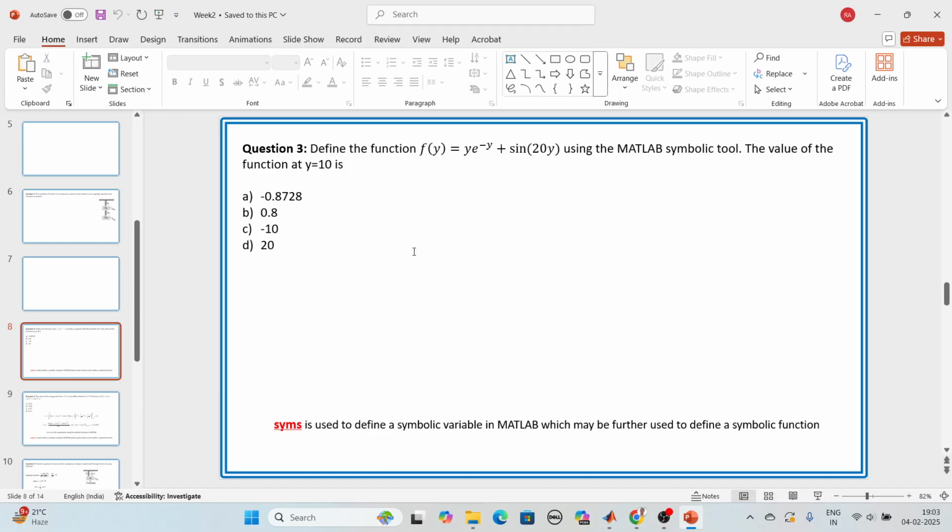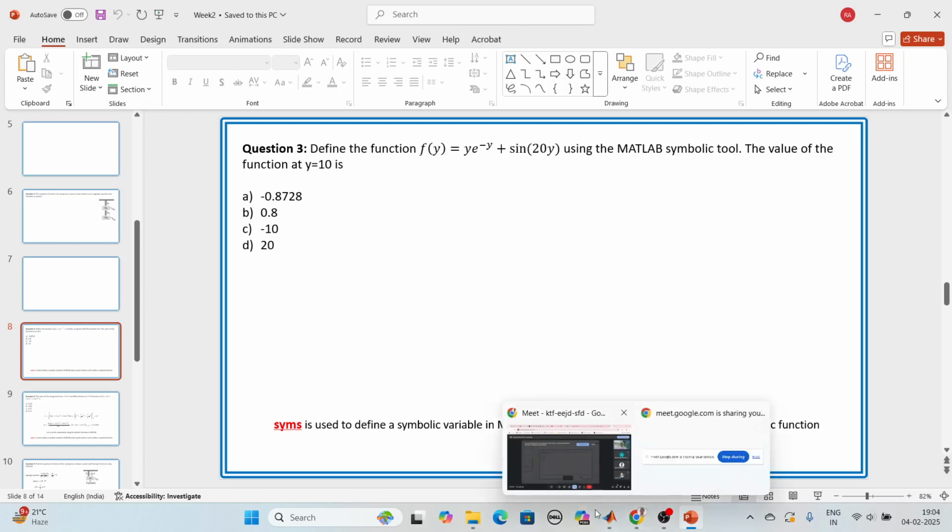But in this case, that is not true. We want y as a function y only. I want it as y, the variable. I don't want to give it some value. Just in case I want to assign it some value, then I can do that. Otherwise, I want it as a